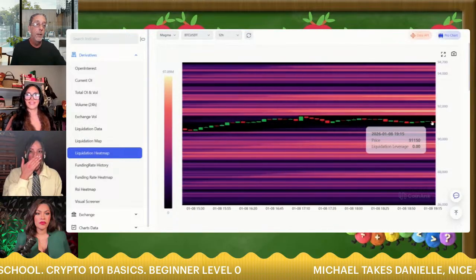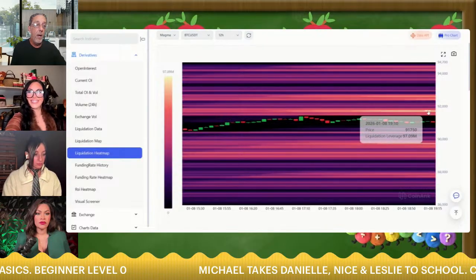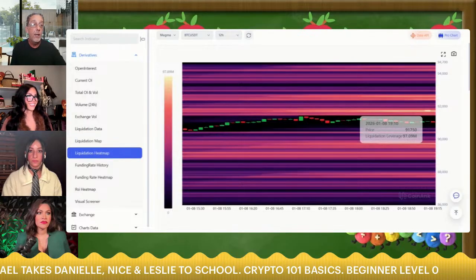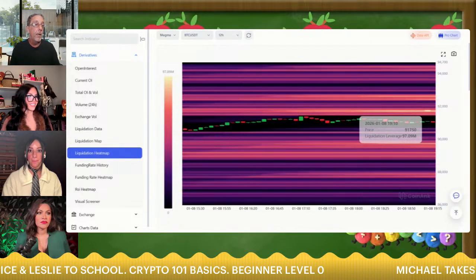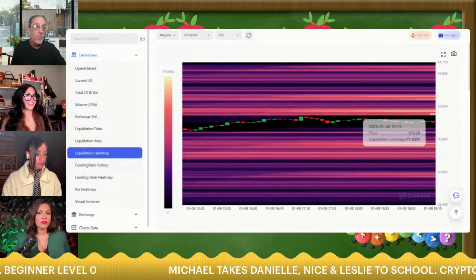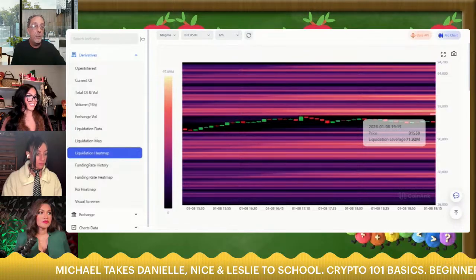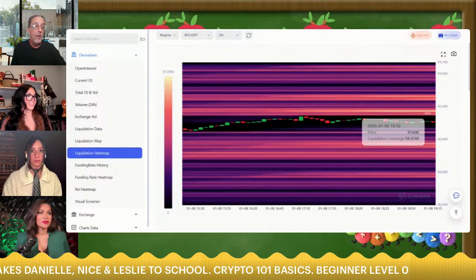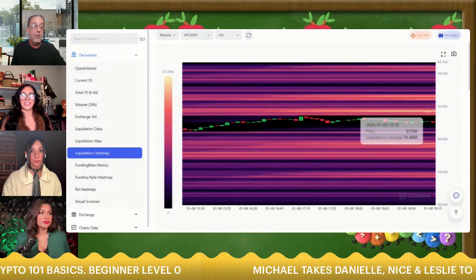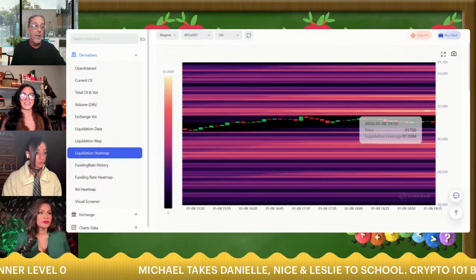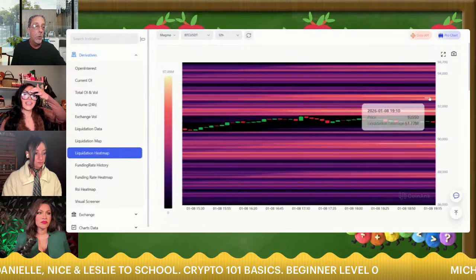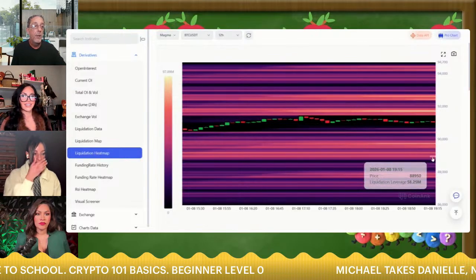I mean, seriously, because you can hover over that. It says the price at 91,750. There's $97 million right there that can be liquidated, right? And you see all these little red ones too. At 91,550, there's 72 million. Go up $50, there's another 60 million. Go up another $50, there's 74 million, 97 million, 65 million. So they could literally go and just destroy all these people if they wanted to take the market up.